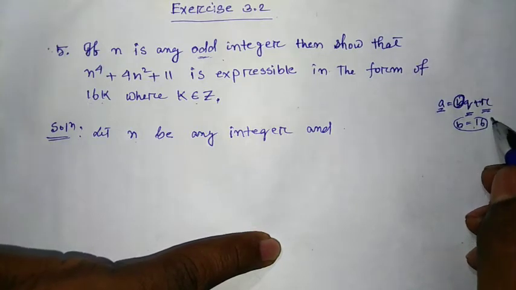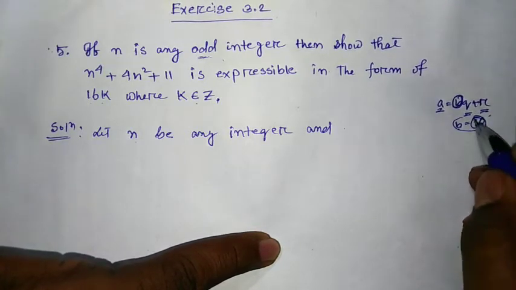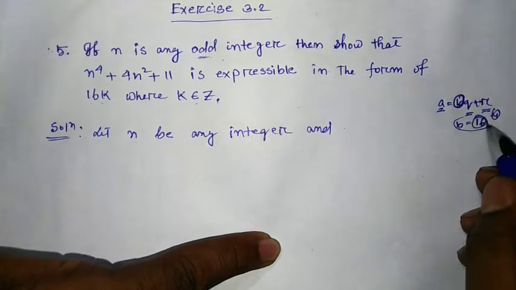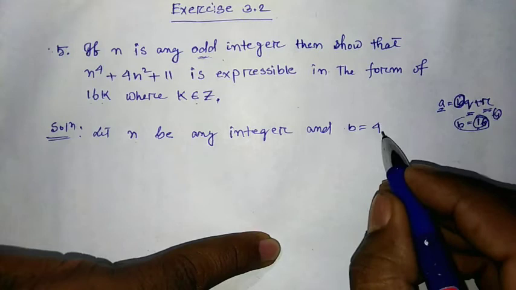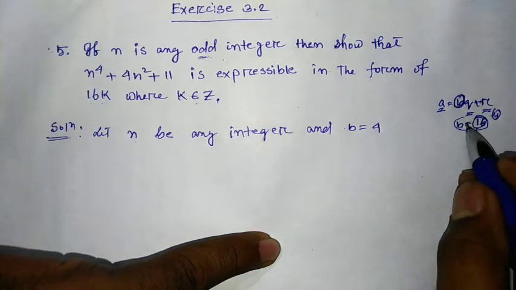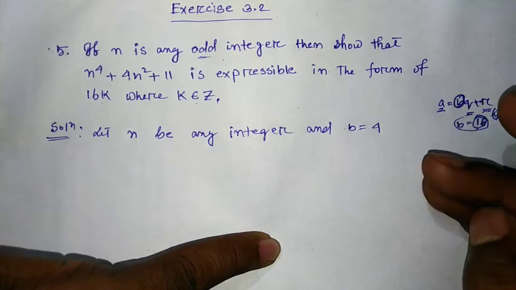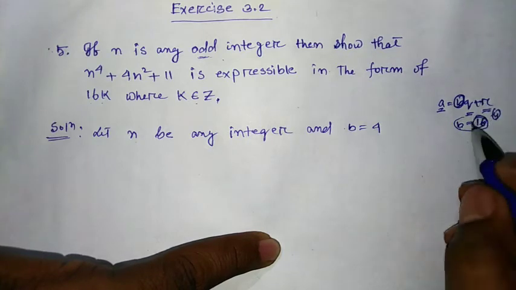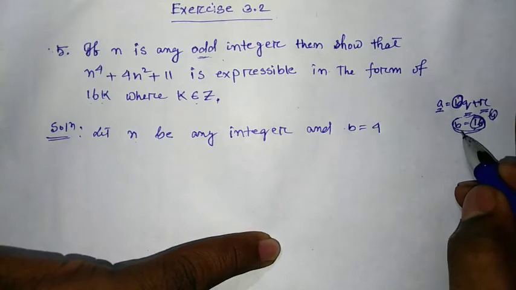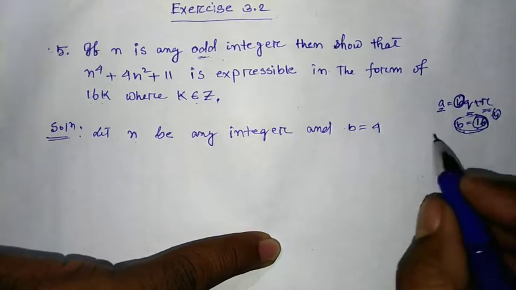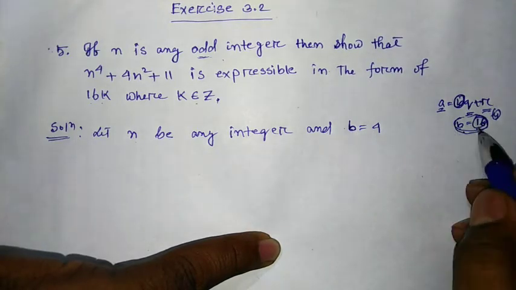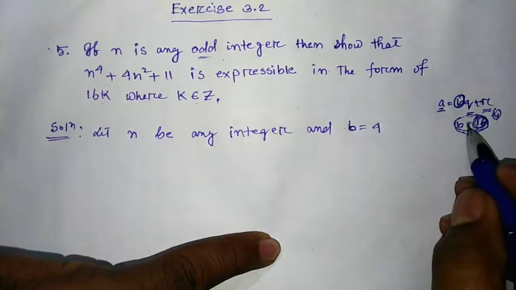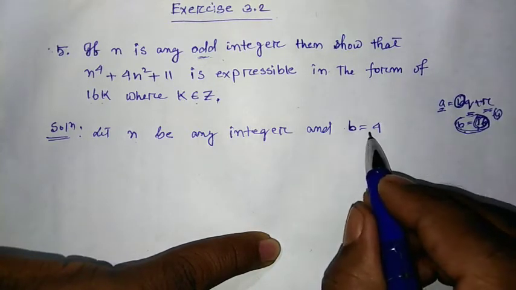So we can take a factor of 16. We can take 4, the square root of 16, since 4 is a factor of 16. So we can take b equal to 4. It will be easy for us. Otherwise we will get many odd numbers: 4q plus 1, 4q plus 3, 4q plus 5, 4q plus 7, and in this way odd integers up to 4q plus 15. So it will be very long. So we have to consider b in such a way that it is a factor of 16. 4 is a factor of 16, or the square root of 16, so we can take b equal to 4.